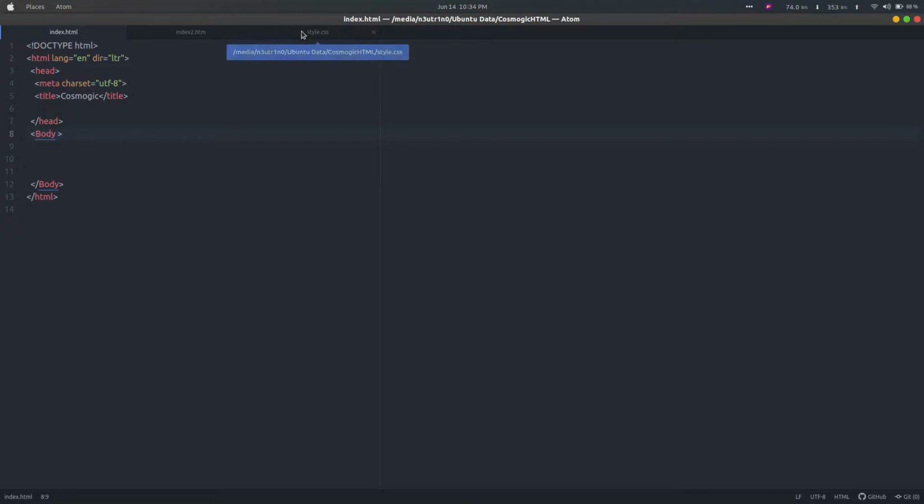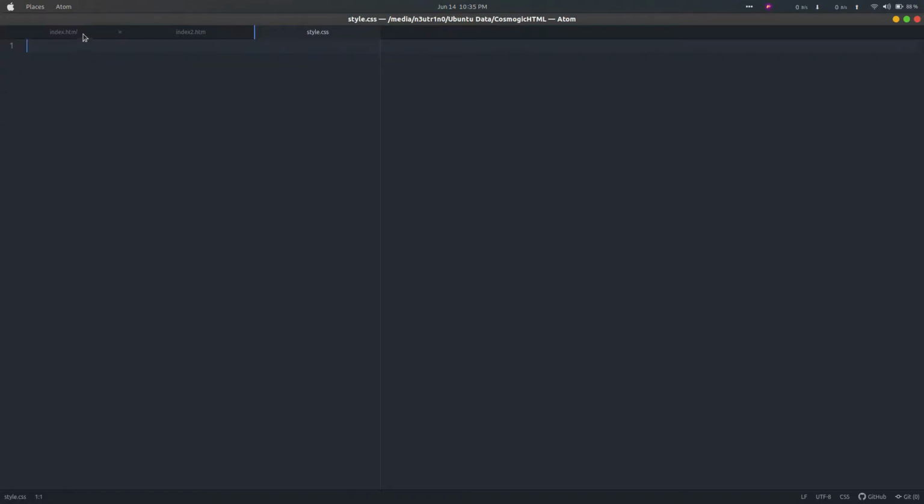With a single CSS file, like this style.css file, we can change the whole style or the whole look of the website. CSS describes how the elements should be displayed on the web pages. So now we will start with the basic syntax. Let me first link our CSS file so that we can use it. For linking, we will use the link tag, and this is telling us that this file is a style sheet. Now give the exact path. Mine is in the same folder, so I will give style.css, same name, same extension.